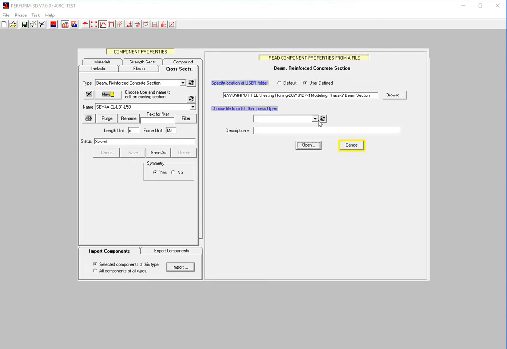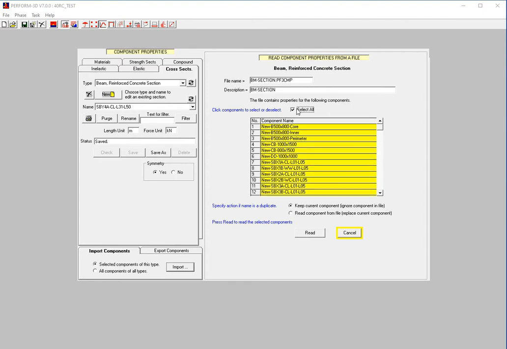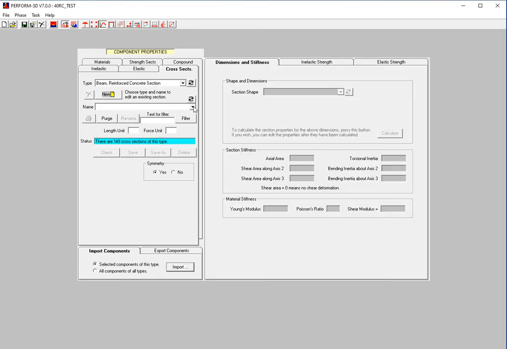Beam section. And select all sections that you want to import. Then now you can see the sections are already imported to Perform 3D.